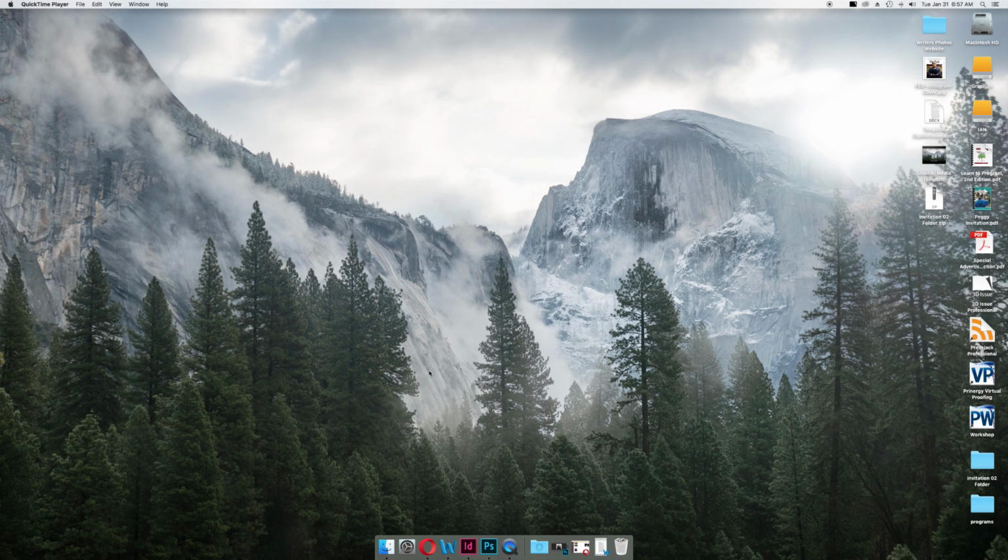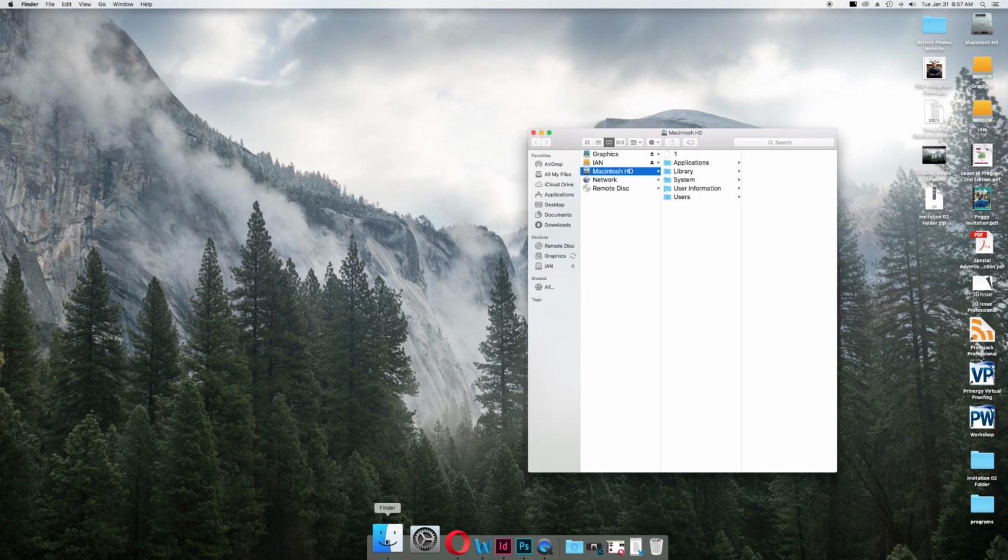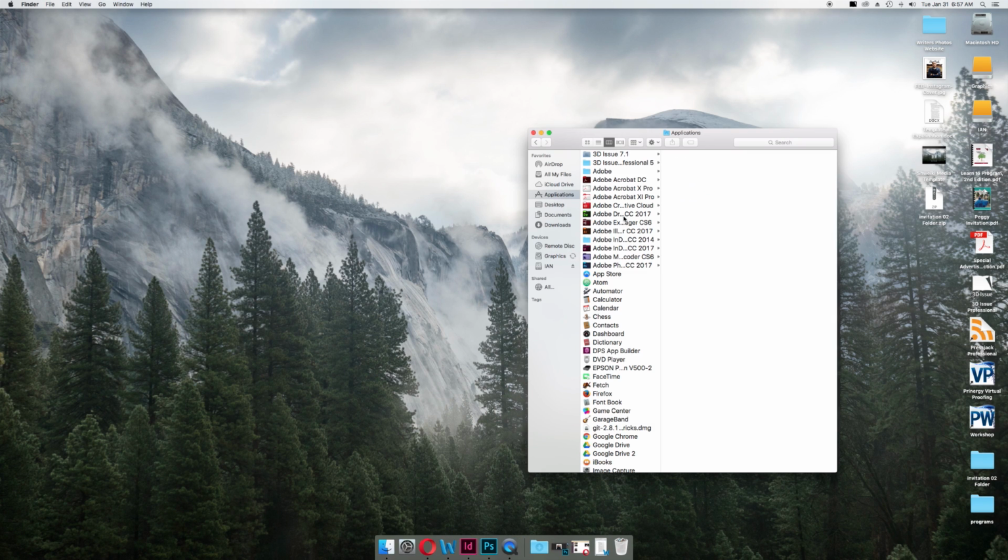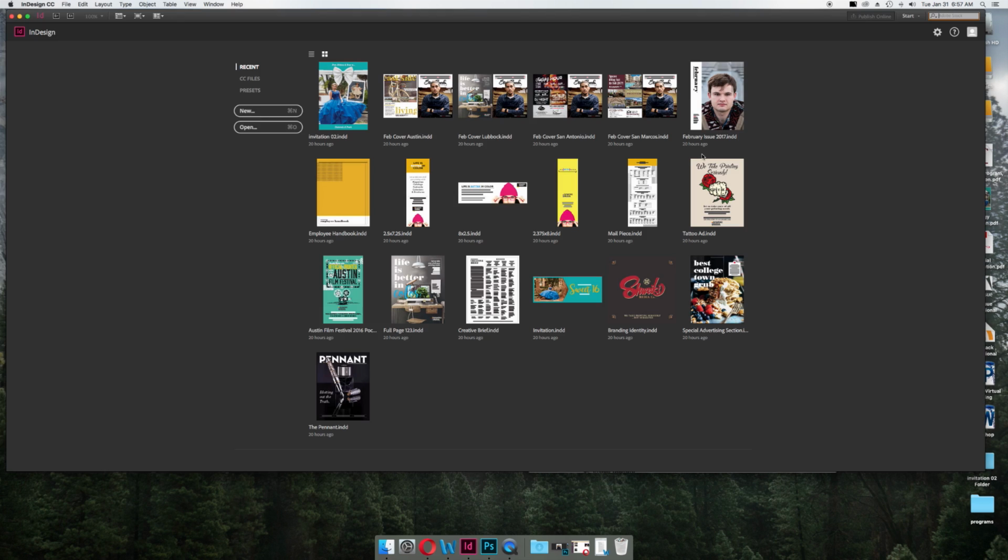So to first open up our InDesign document, we're going to go down to here, Finder, which is a big smiley face if you're on a Mac. We're going to go to Applications, and we're going to open up InDesign in our Finder. The first step, we're going to go up to the top toolbar, which is right up here,